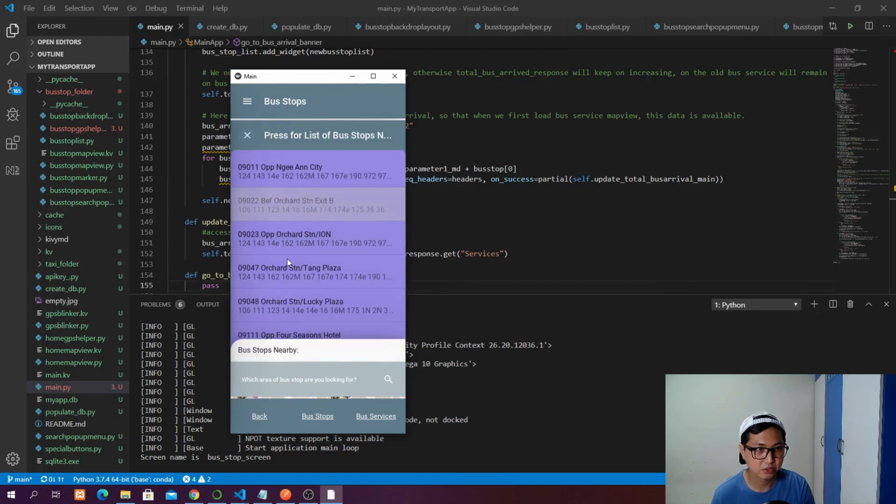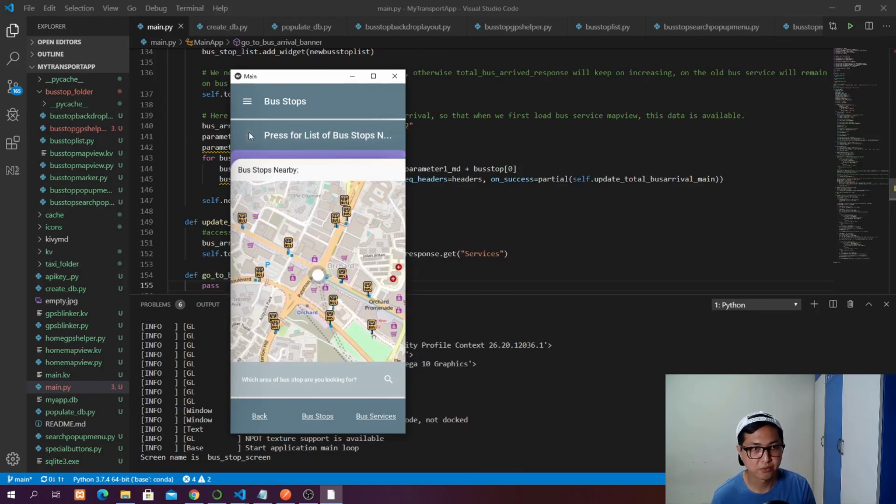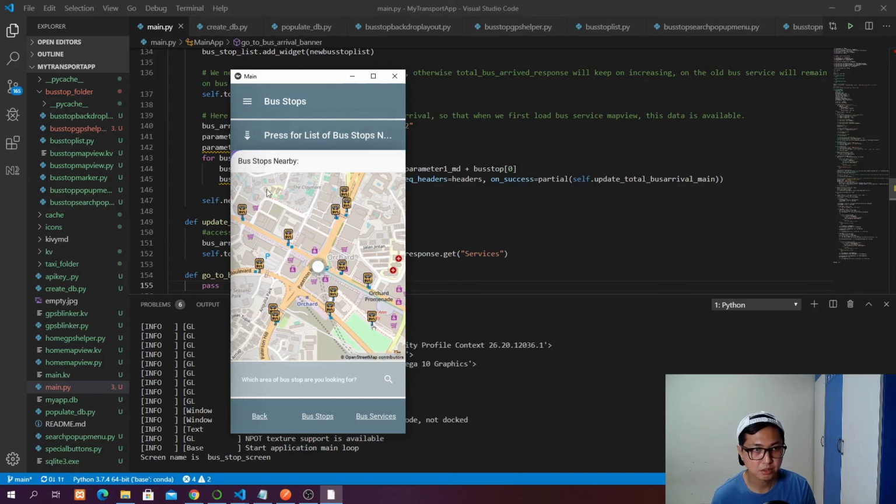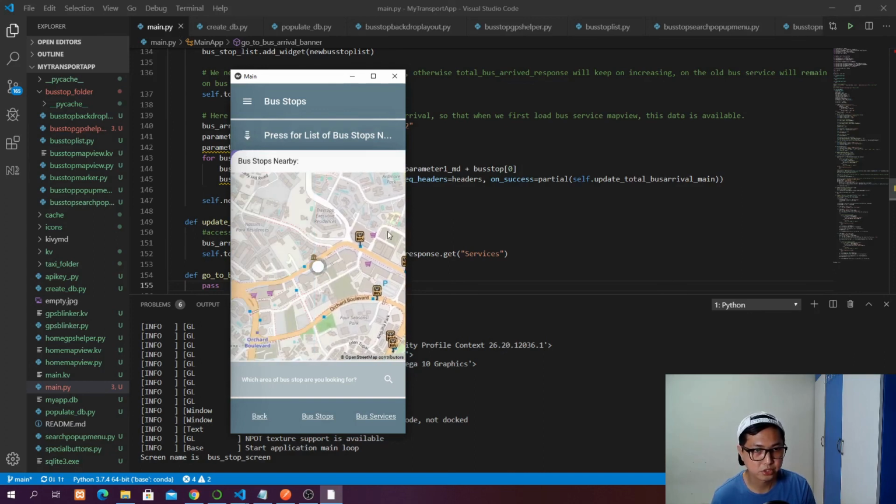So if you click this, it's not going to do anything because this function is still passed. But in tutorial 10, we are going to make this happen. We are going to click this, and it's going to bring us to the bus arrival screen to show all the real-time bus arrival information. Okay, so let's say if we change this as the user navigates away,